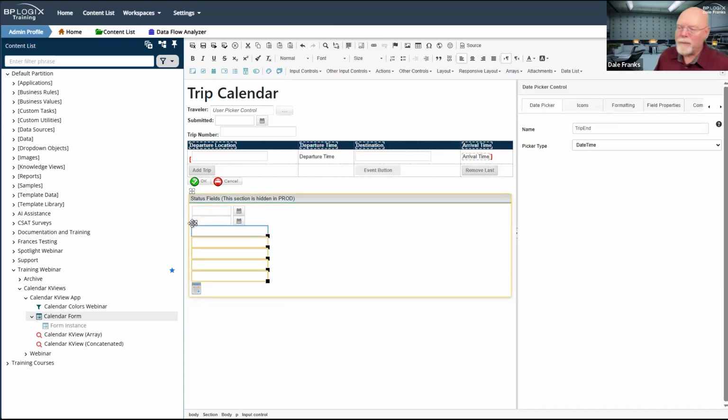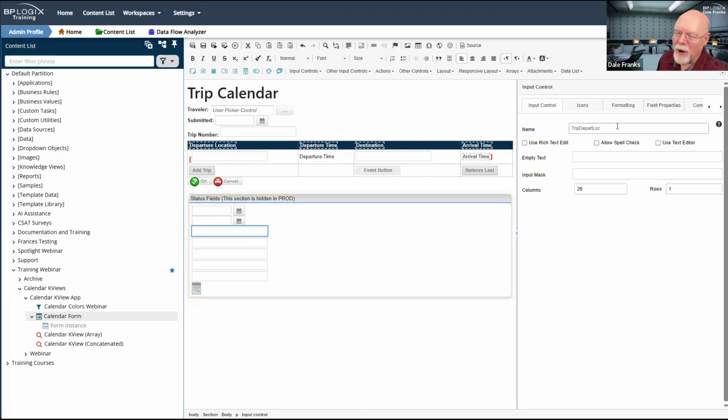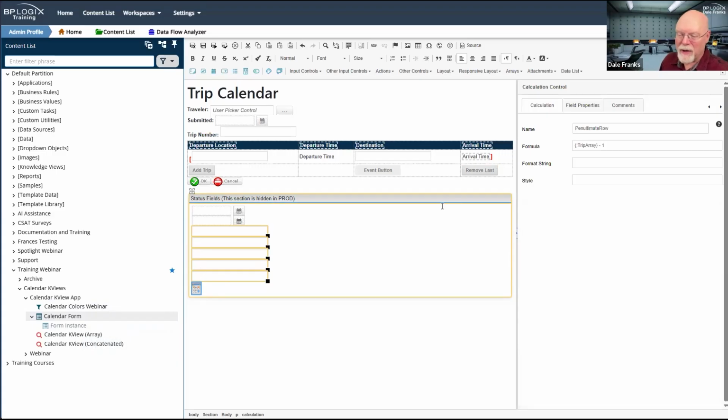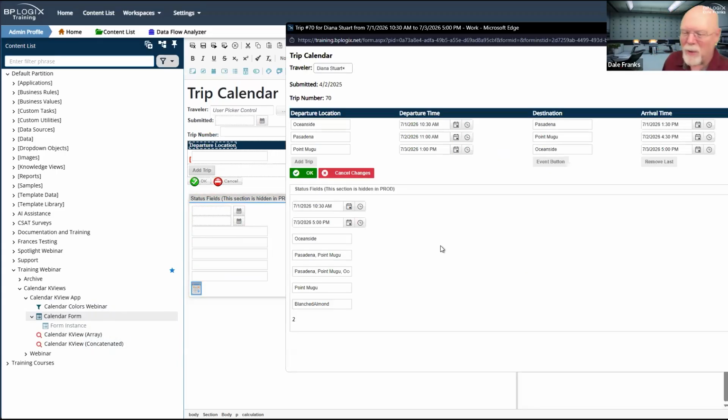The next field down is my trip depart loc field. So this is the departure location. Let's go through the fields real quick so that we can see what they are. This is my trip destination location field. This is destination 2. I'll explain what this is here in a minute. We'll see it on the form. Then I have destination 3 and the color field. And finally, I have a calculated field down here, which gives me the number of rows in my array minus the last field. And we'll see why that is important here.